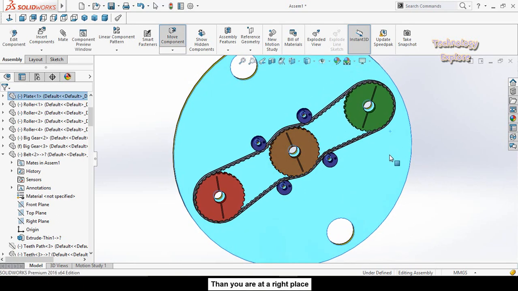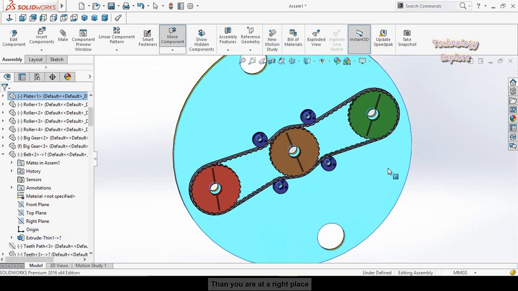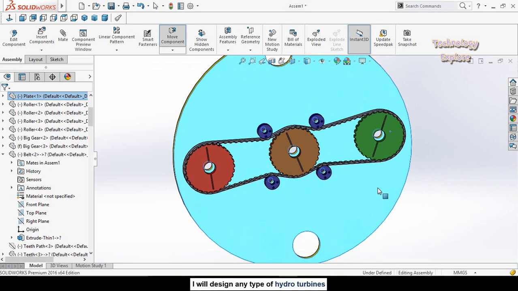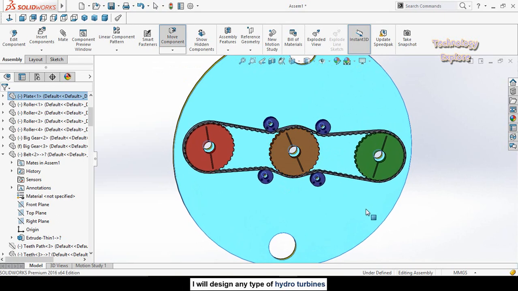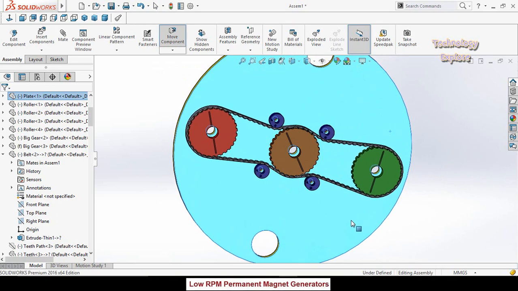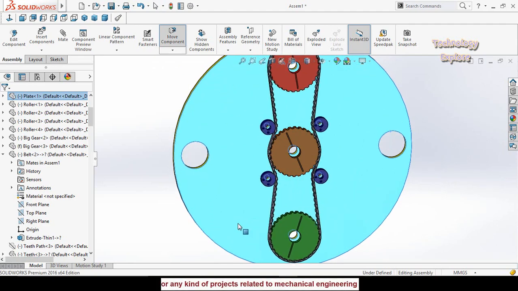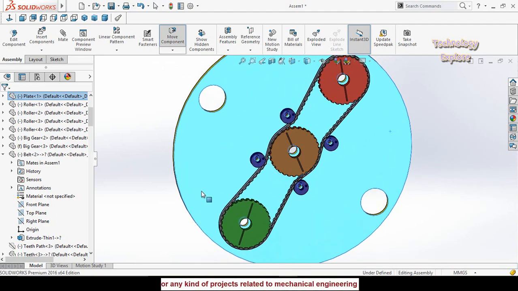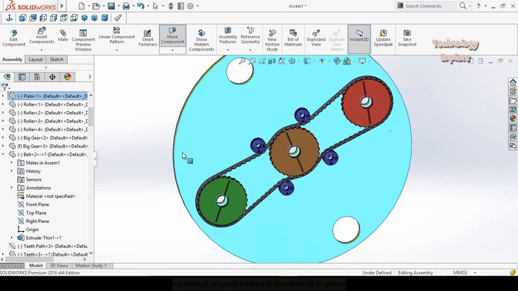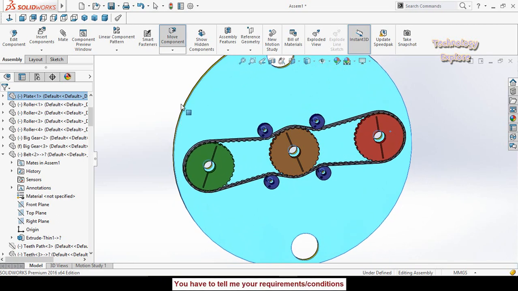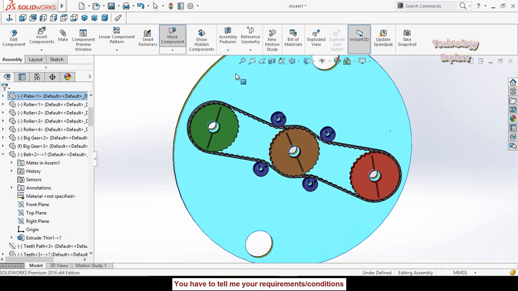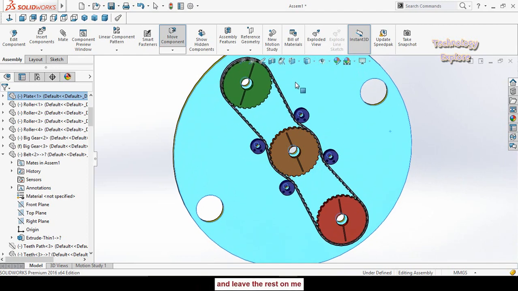You can see the teeth are moving along with the whole assembly. So this is how we can make these teeth move along with the assembly.